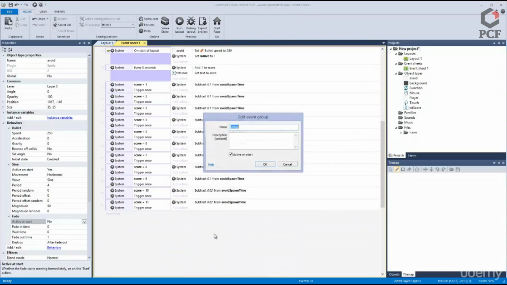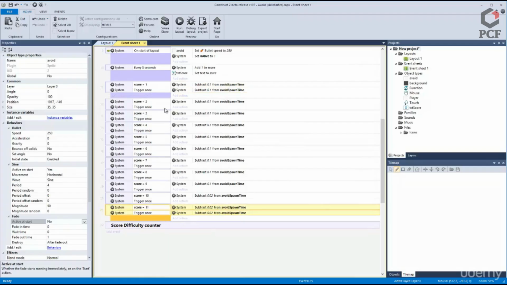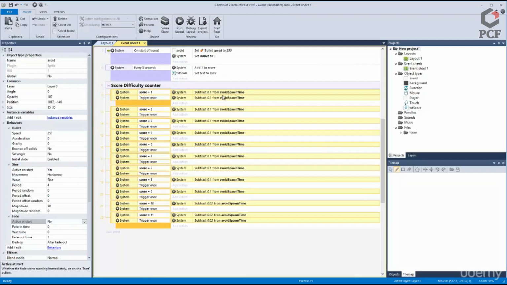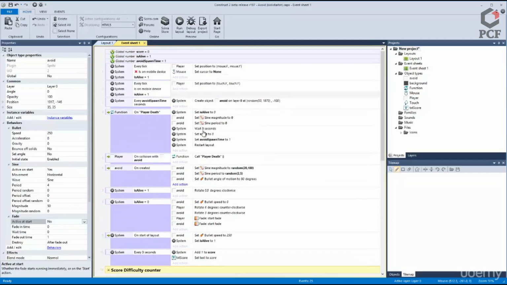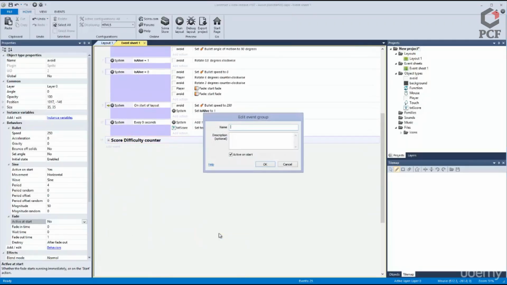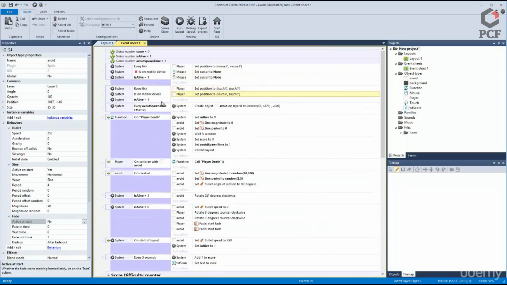Let's go ahead and add in a group, and we'll call this score difficulty counter. Okay, and in order to do this, you have to copy and paste this so that you can get the lower boxes in here to work. So I'm just going to undo that there. And there you can see we have this nice little group here. Okay, let's add in another group. We'll call this mobile/desktop controls. And again, it may not seem like it's important,